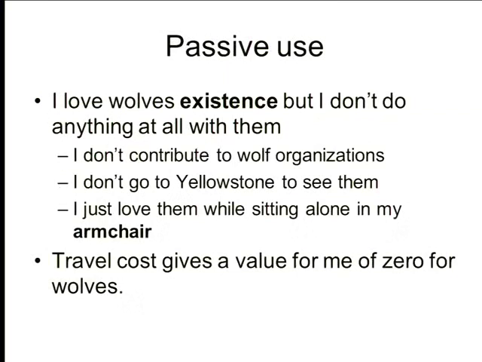So the key thing here is what I can value is passive use and existence value. And this is basically out of John Crutillo's article, which I hope you're now busily reading and you will be busily discussing. I love wolves, but I don't do anything at all for them. I don't contribute to wolf organizations. I don't go to Yellowstone to see them. I just love them sitting alone in my armchair. I am the armchair environmentalist, right? But if I ask the armchair environmentalist, would you be willing to vote for this project that saves wolves and it costs $75, they'll probably say yes. So I get value out of them, all right. And if I ask, how many times did you go to Yellowstone, he'd say 0, right? So travel cost method would value that person's value of wolves at nothing, even though they do like the idea that this ecosystem is being redone.